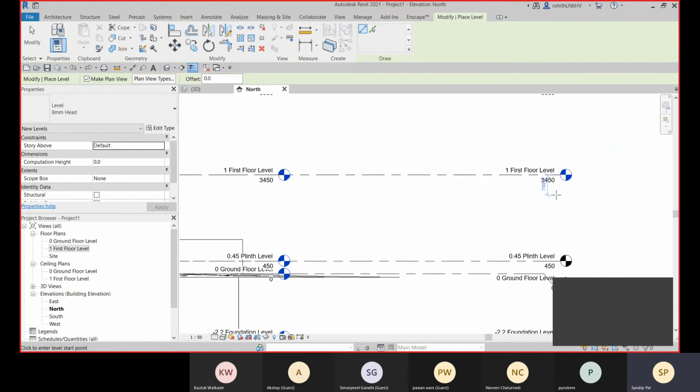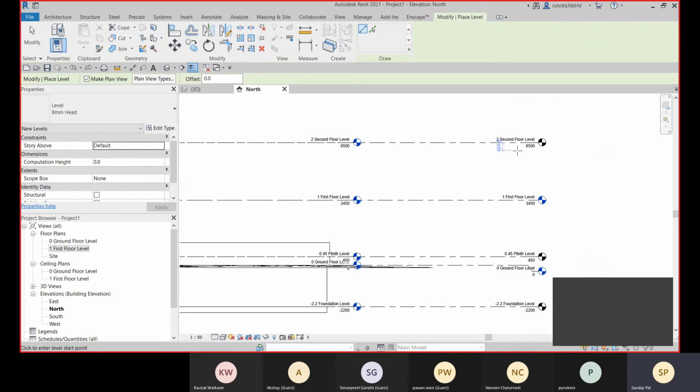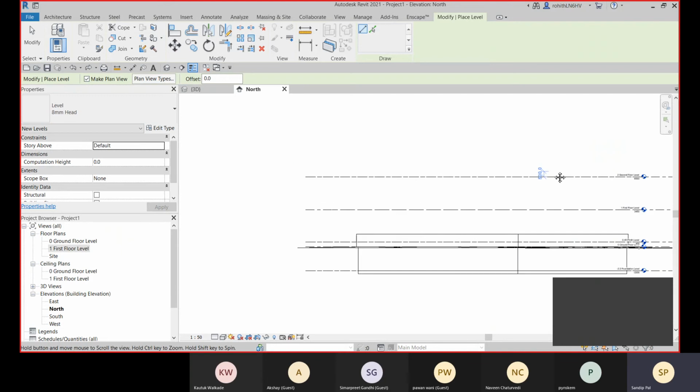So now you can see that the first floor level is there, the ground floor level is there, but the second floor level is not available here. So I need to create that plan view. Later I will show you, if it is unchecked or the plan view is not created, how you can create it also. So this is just creating.